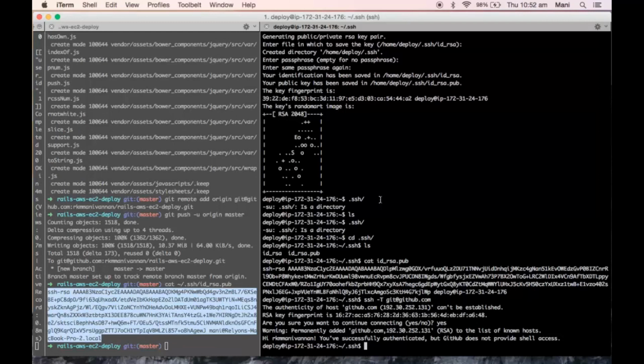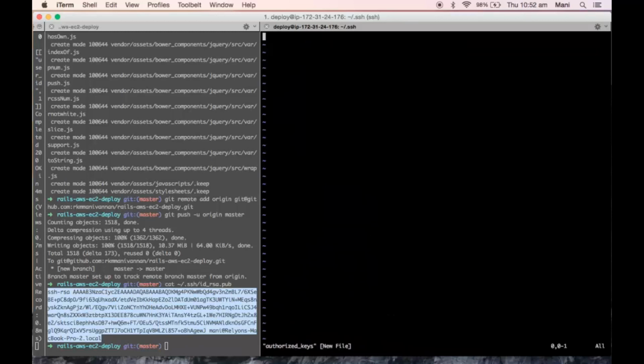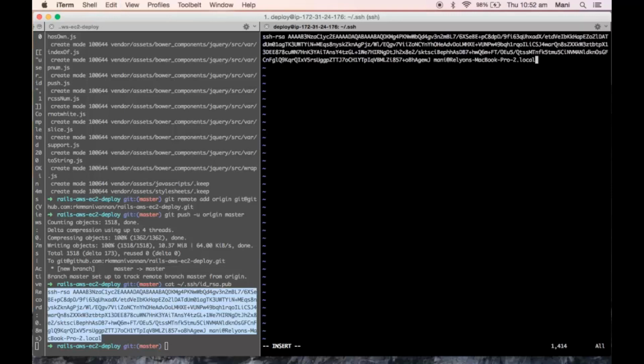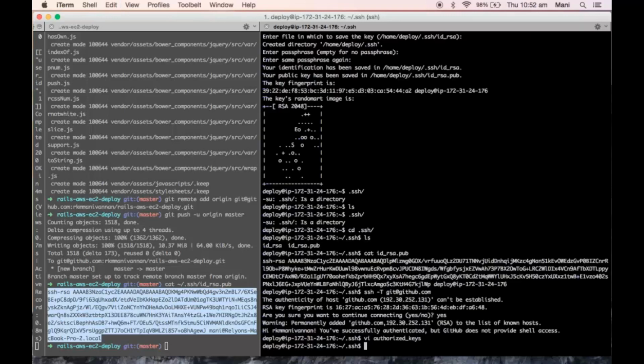So what we need to do is nano authorized_keys. Now everything is done, and our local system is connecting.